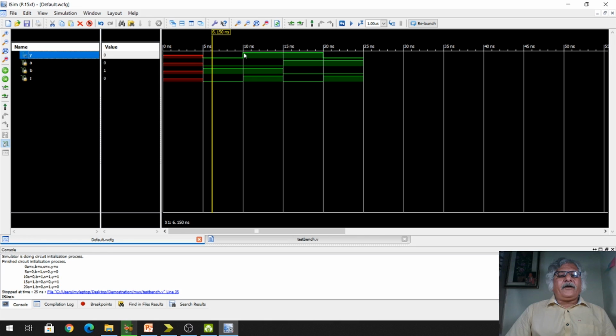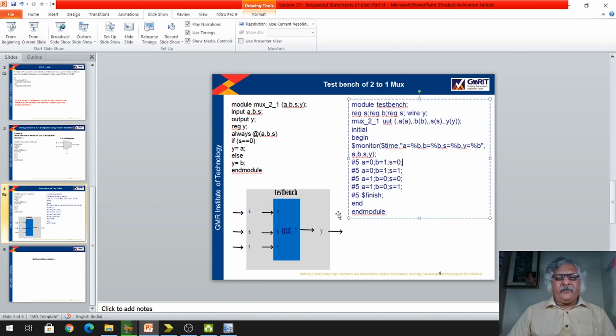Now at 10 nanosecond, you can see here that the value of A and B will remain the same, but the value of S is changed. S will become 1. If this is the case, since S is 1, the value of B will be transferred to the output.